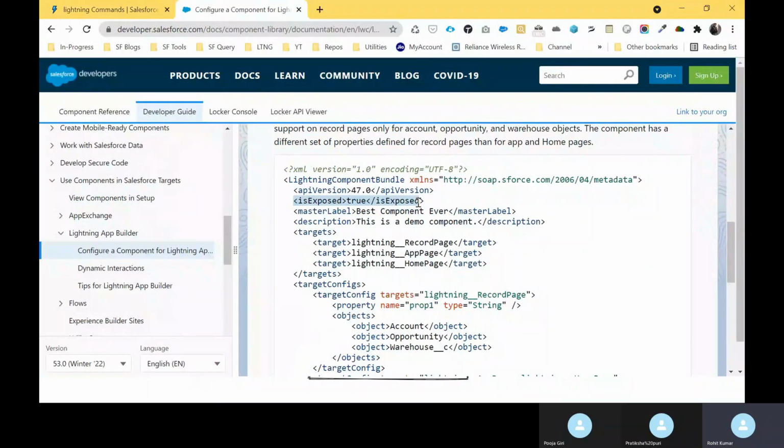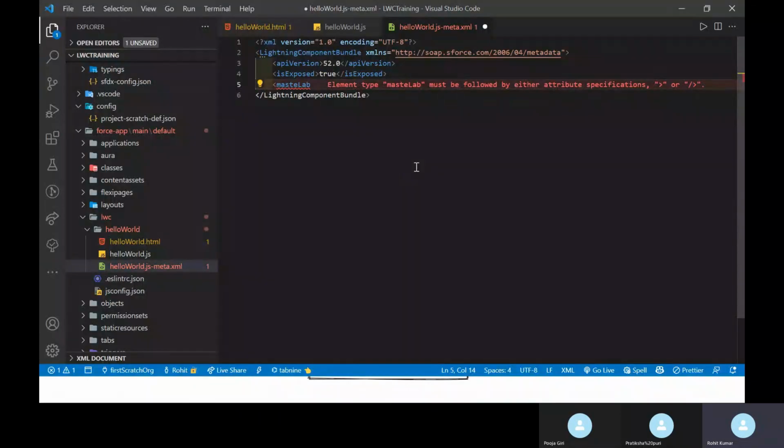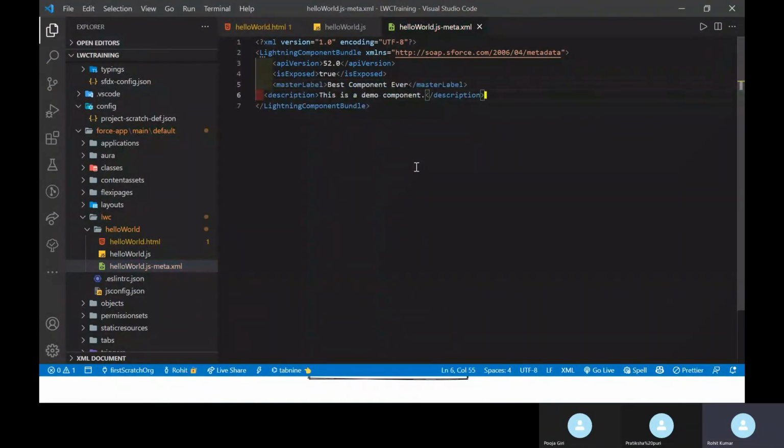Export is always true, along with master label and description. So just copy these two lines and paste them here, and remove this master label because I made a typo. And always give your component